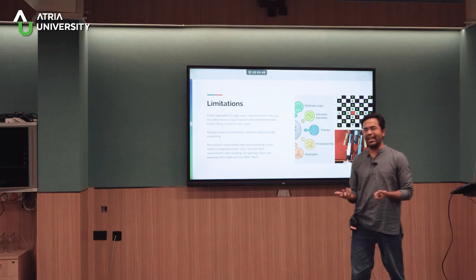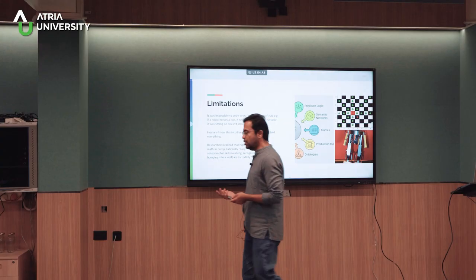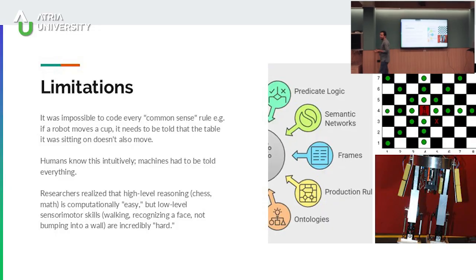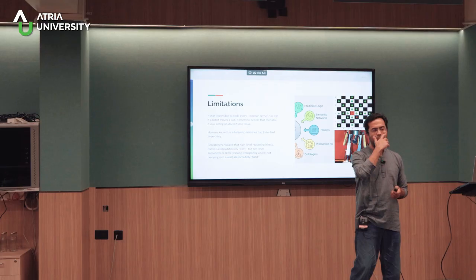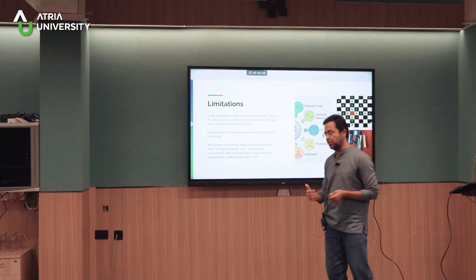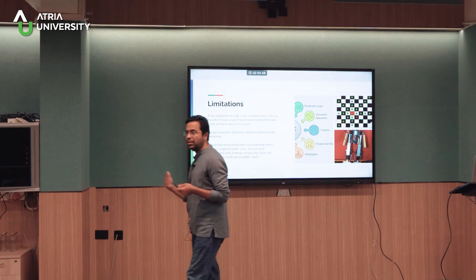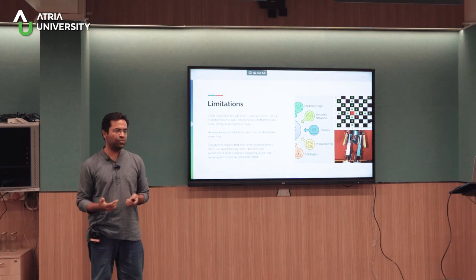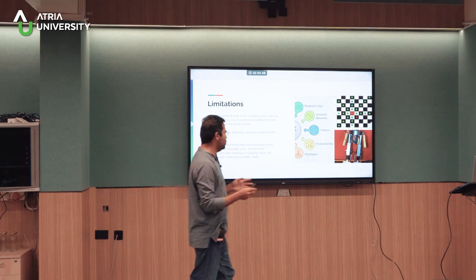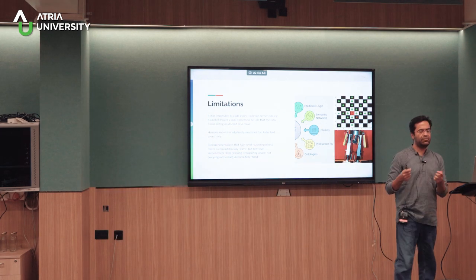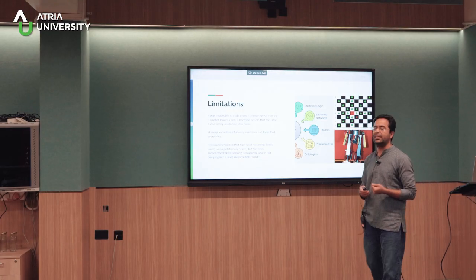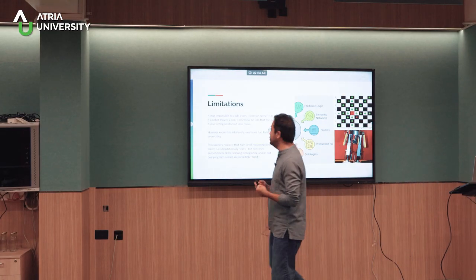So the definition of intelligence changed. We thought playing chess was a hugely intelligent thing, but it turns out that being able to walk in a room was very hard. The ability to recognize, I look at you and I know who you are, but machines and robots found this to be an extremely hard problem. Face recognition was an extremely hard problem, which to some extent is solved now, but not completely. But the definition of what it is to be intelligent was challenged again during this time.